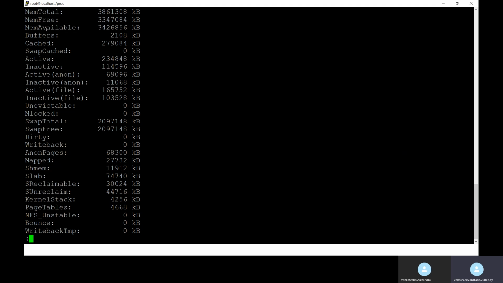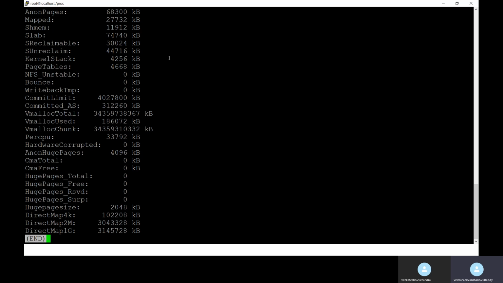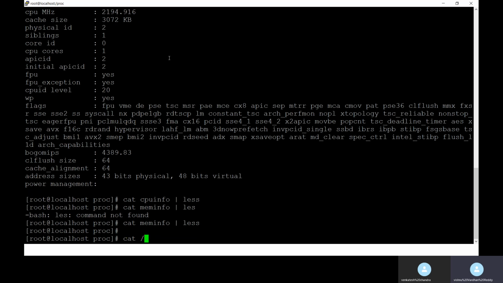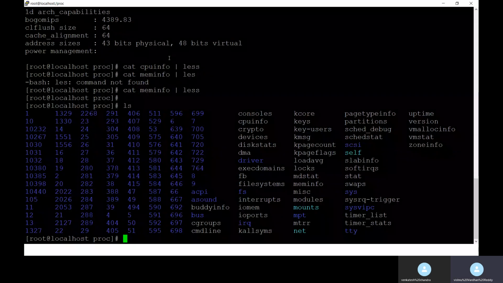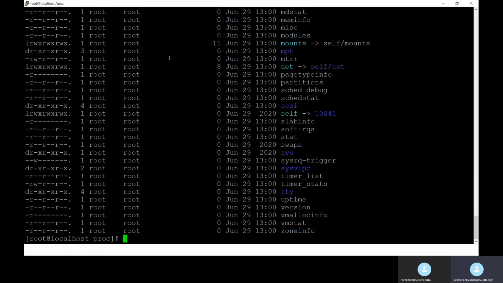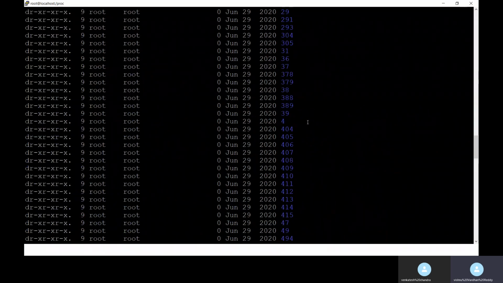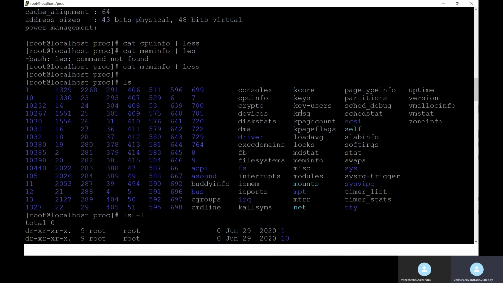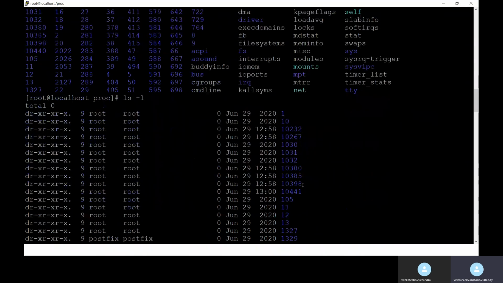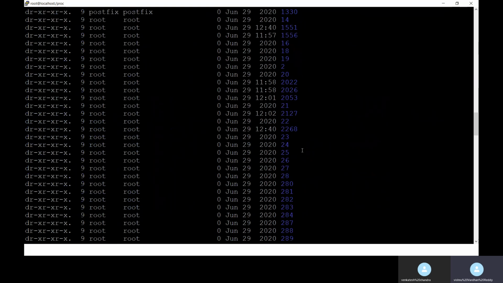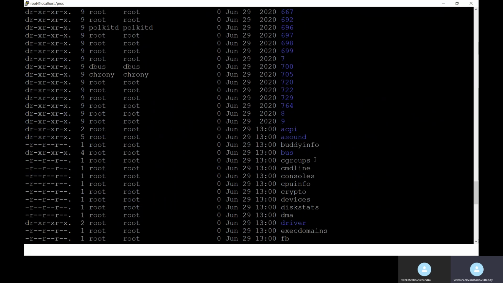This is the total memory, and then memory free, memory available, buffers. This is the memory information. And then some people will ask what the contents under the proc folder are. Under this proc folder, they will ask what the fields are, what the value is, what the number is for 6, for 50, for 13, for 101. These kinds of questions some people also ask. But you don't need to memorize it. If you know what things are under proc, that will be better for you.